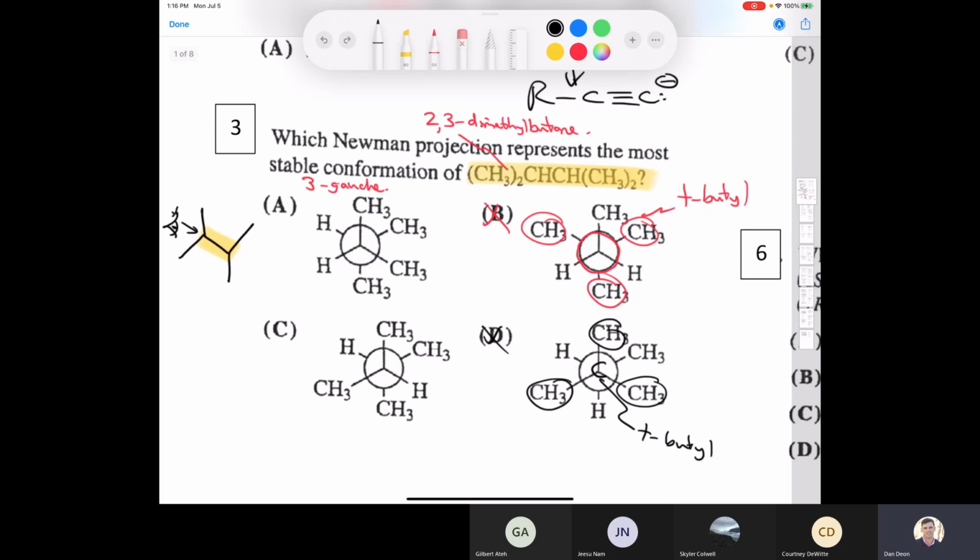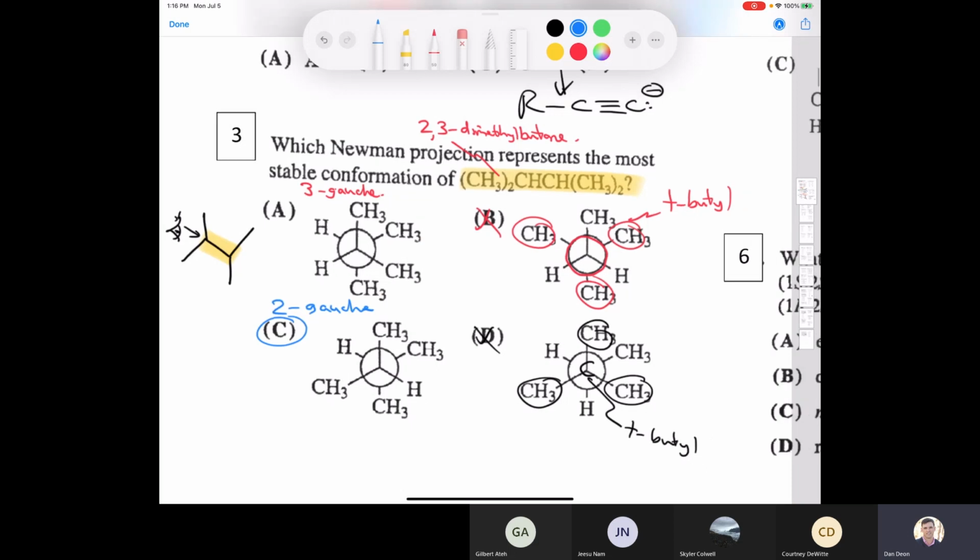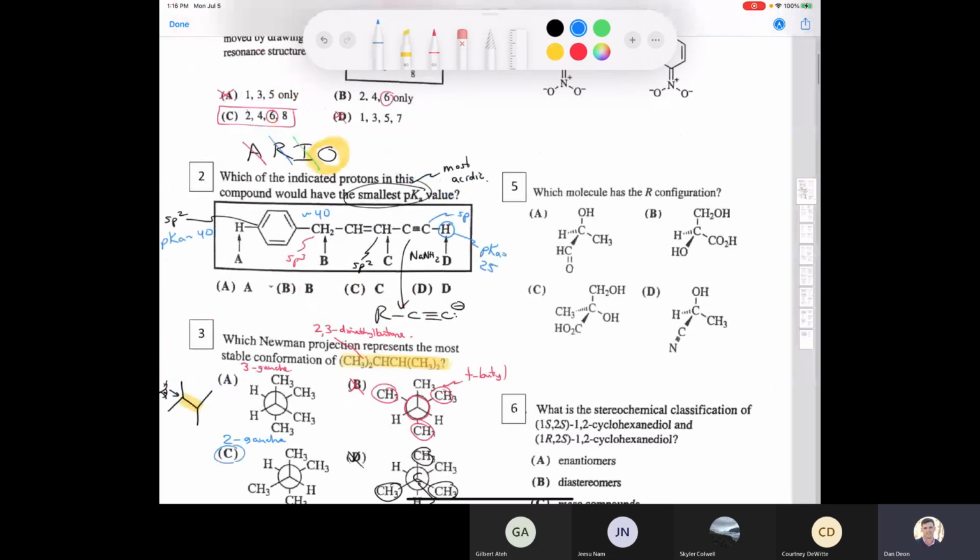But you can see that there are 3 gauche interactions in A, whereas C has only 2 gauche interactions. And so C is going to be the most stable conformation because it has the least gauche interactions. But again, B and D aren't even the right molecule, so that's way off in left field. Well, let's move